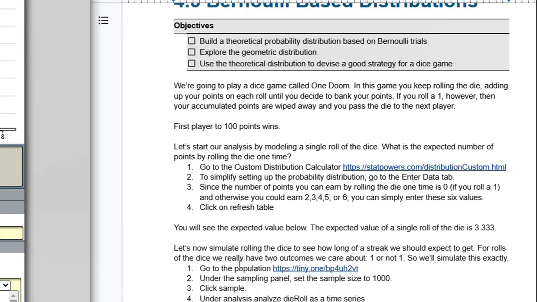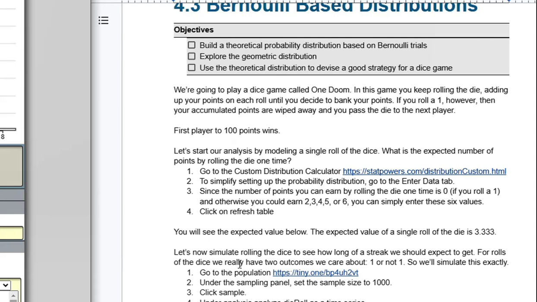For this next one, Bernoulli-based distributions, this is the game Doom. In this game, you keep rolling a die, adding up your points on each roll until you decide to bank your points. If you roll a 1, then your accumulated points are wiped away and you pass the die to the next player. First player to 100 wins. So we're going to start the analysis by modeling the roll of a single die. So let's go to